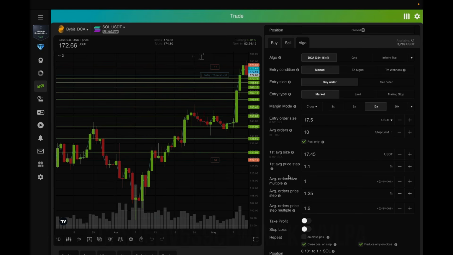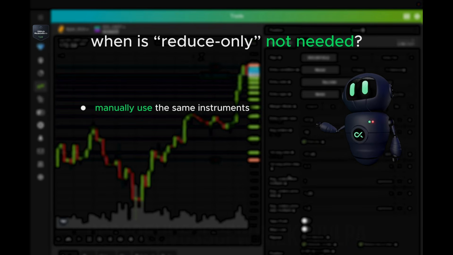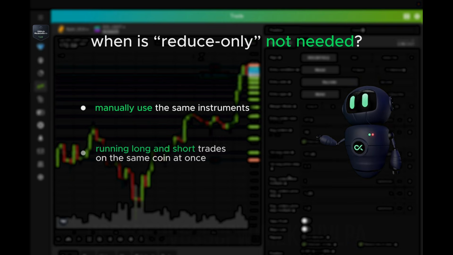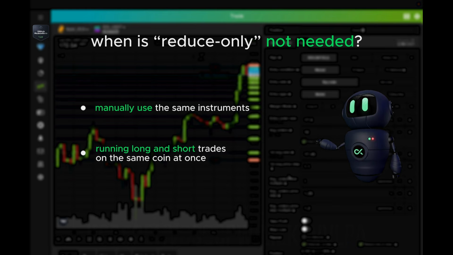However, there are some cases when you might want to turn the reduce-only instruction off. These are the cases when the actual exchange position might not be equal to the bot's position. For instance, when you manually trade the same instrument that the bot is trading, or in case you want to run both long and short DCA bots simultaneously on the same instrument. In that case, you need to turn off the